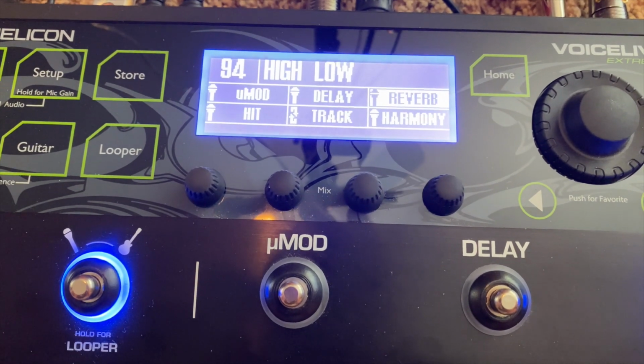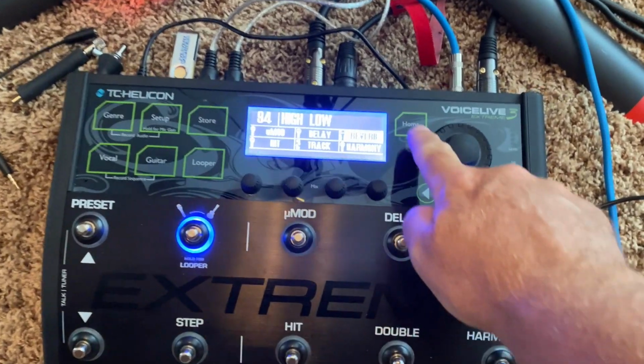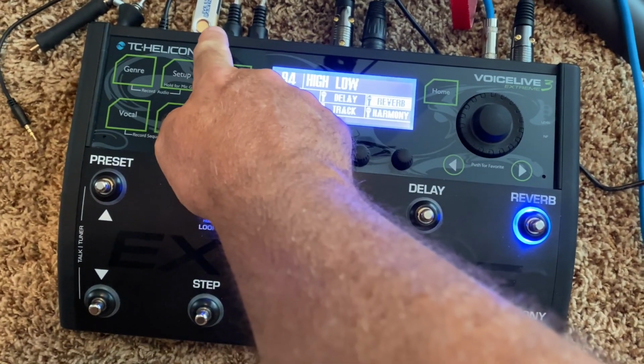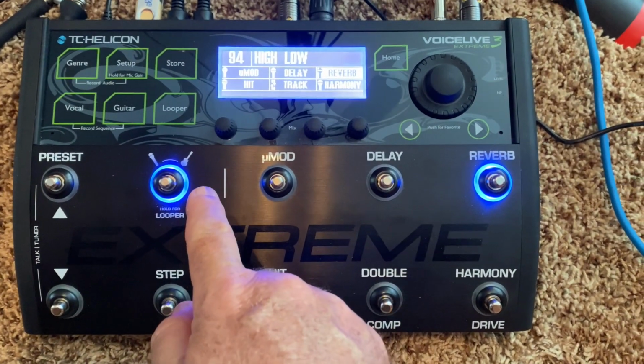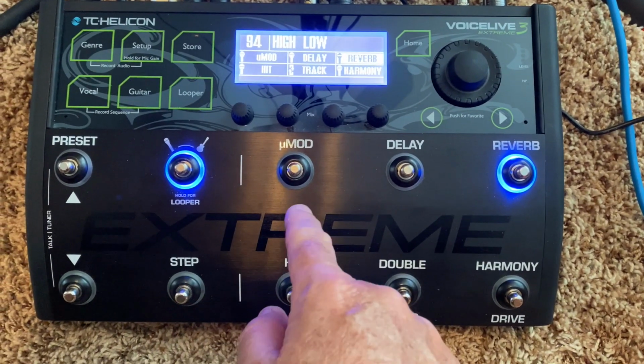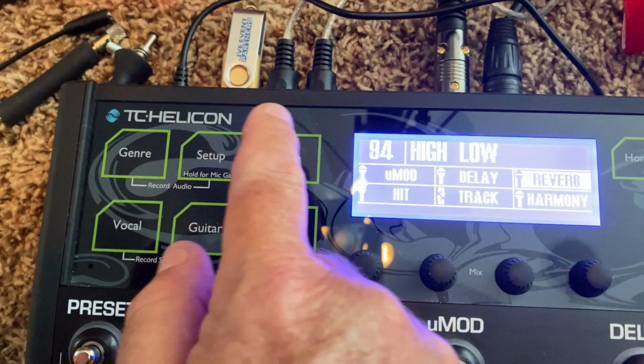So the first thing to do is to import the track. So from the home screen, now I want to import my track, which I have on my thumb drive. I did it on my computer. Typically they want a WAV file. That's what it's going to turn it into. So if you have an MP3 or something, it will convert it. It'll take a little bit of time. So if we hit the store button,